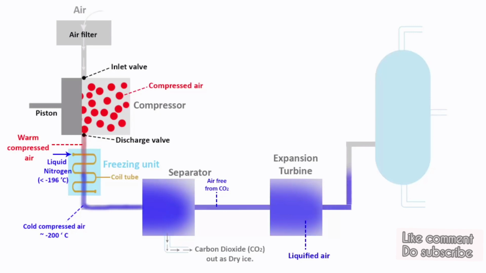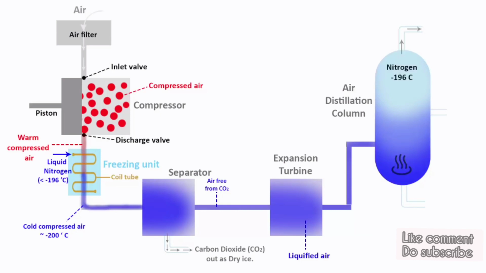In the end, liquid air is sent into an air distillation column, where it is slowly warmed up, because it then separates various components of air like nitrogen, argon, oxygen, etc. As you may know, air is a mixture of different gases. So in this air distillation column, different gases that are present in the air are separated by slowly warming up the liquefied air. Nitrogen gets separated first, because nitrogen boils around -196 degrees Celsius. After that, argon gets separated, because argon boils at -186 degrees Celsius. Oxygen, which has a higher boiling point, is left behind and is collected separately.